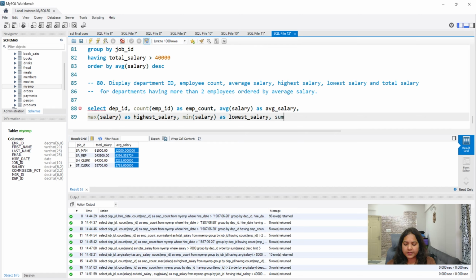Okay, total salary means the sum of salary as total_salary. Okay, for departments having more than 2 employees.